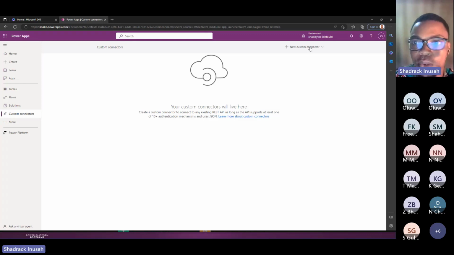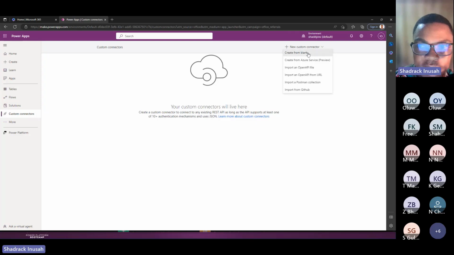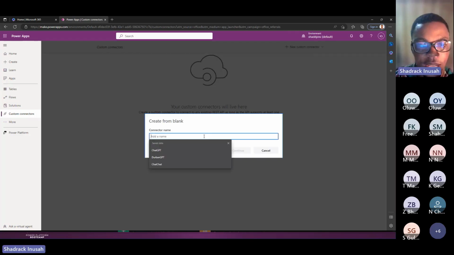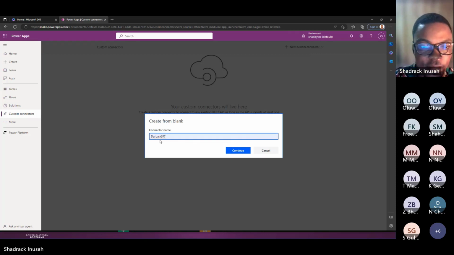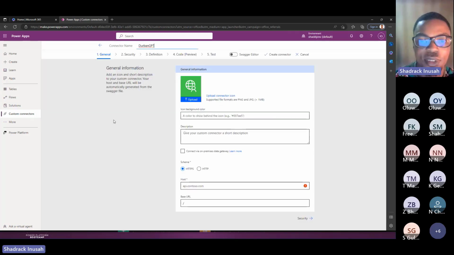Now we are going to connect a new API to this. So create from blank. Now the API needs a name. I'll try something with this. So that's my API name, and that's the city having the event. Then go on. I was supposed to have a logo, but let's move on.